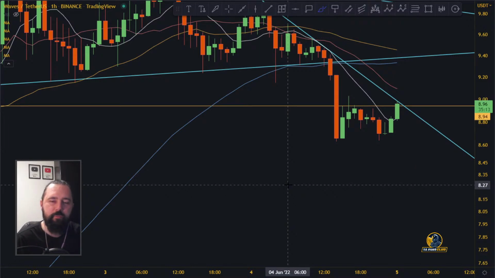Oftentimes right before these daily closes, there are huge decision times. Stuff is happening on the charts. Price is consolidating towards a certain place where it has to break out to do something, right? So waiting after the daily close is the best time. The same thing goes in stock markets. In stock markets, the most volatility is after the daily close, in after-market and pre-market, because people are always waiting for the daily close, right? So always in the mornings when the stock market opens, there's a huge amount of volatility